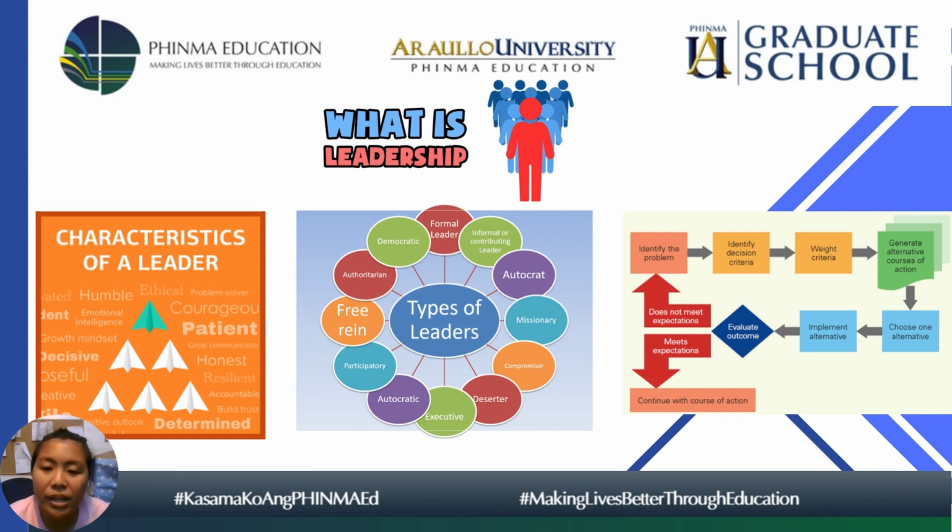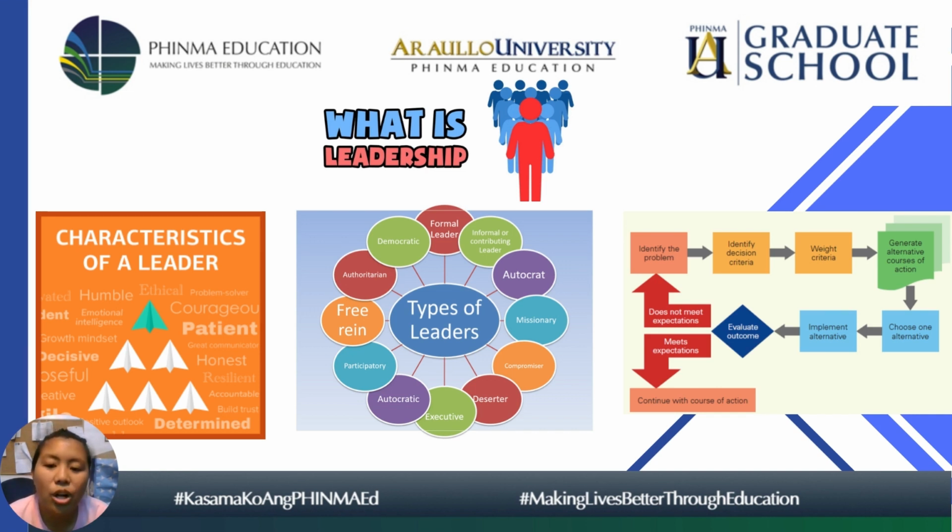We also have compromiser, one with equal concern for work and people. So, gusto niya matiin yung job, gusto niya matapos yung job, pero gusto niya din okay yung mga tao. Hindi yung nagrereklamo na yung mga tao. Ayaw niya din ng ganun. Next one, we have the deserter, one with very little concern for service and people. Wapakels. Okay? Ito yung wala siyang pakialam kung ma-accomplish yung work or not. Wala rin siyang pakialam kung okay pa yung mga members niya or hindi.